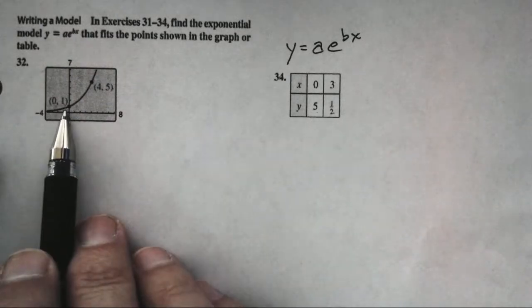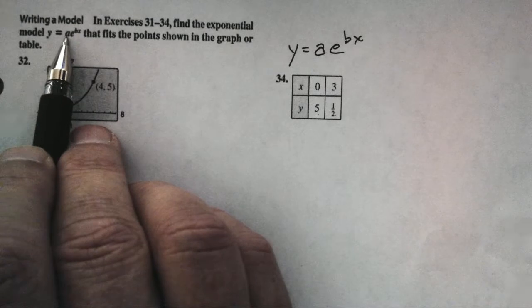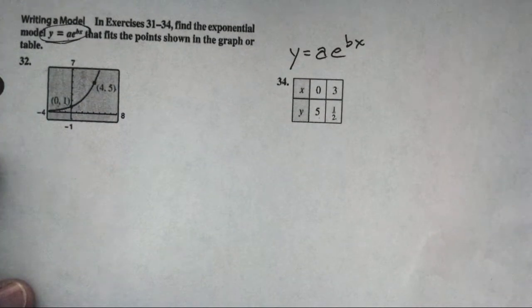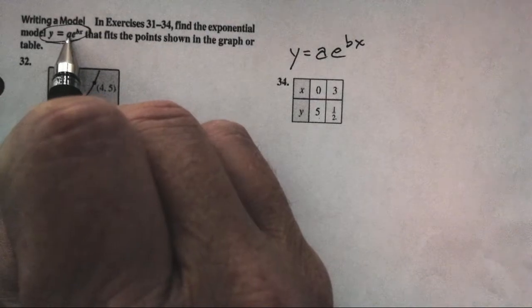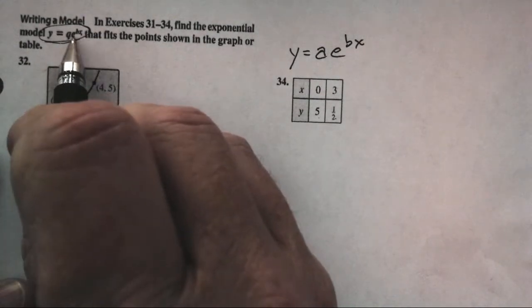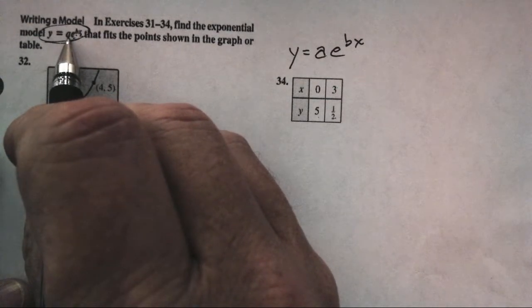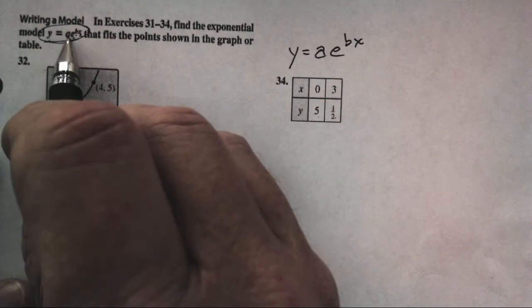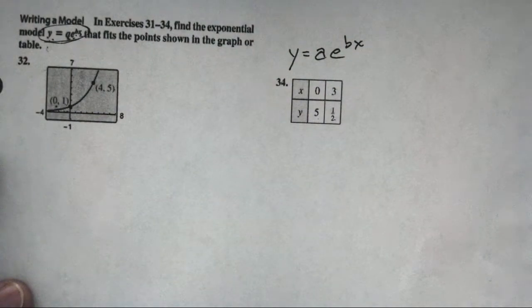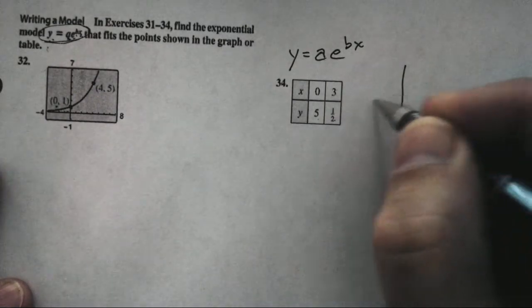And what we learned back in problem 32 was the a value in this formula, and this is very, very typical of exponential growth. We need to know the a value, and that is the amount we start with, because when I put in 0 here, I get e to the b times 0, e to the 0th is 1, so a just equals the y value. The y value is 1. 1's our starting value, which tells us by the same reasoning, if I have the point 0, 5 on a graph,